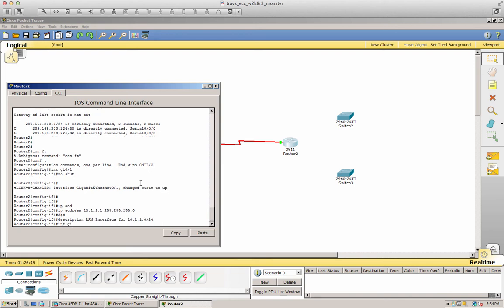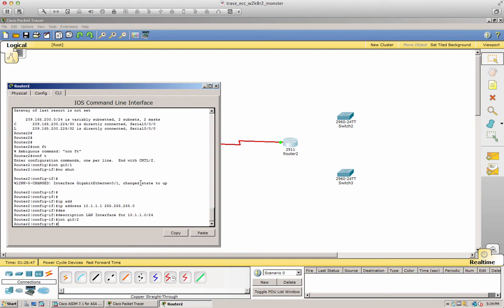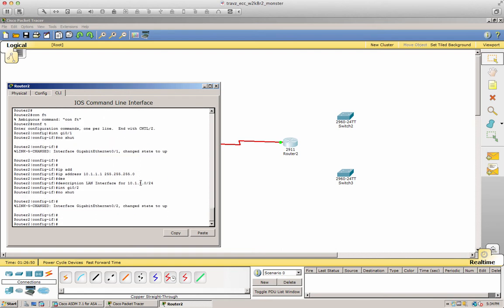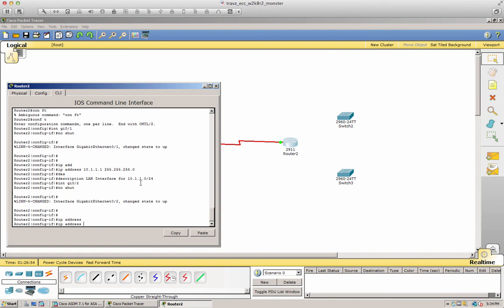And then we'll go over to interface gigabit 0/2. We'll do a no shut. Tells us the interface state's changed to up. We'll put in the IP address. And this guy is going to be 10.1.2.1. And again, /24,